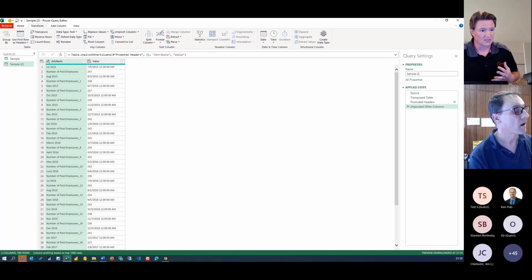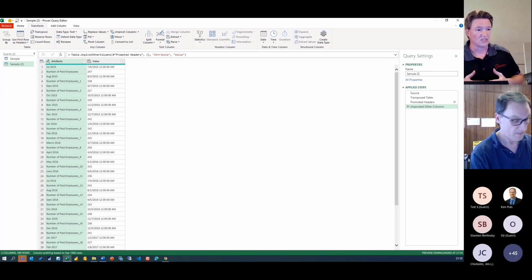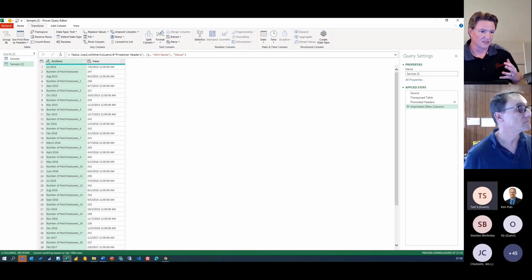So the result is that all of our data is now in one single column, and we need to split out those values. But we also need to keep the value pairs together, so these dates and the associated numbers. So to do that, we need a unified label, right?